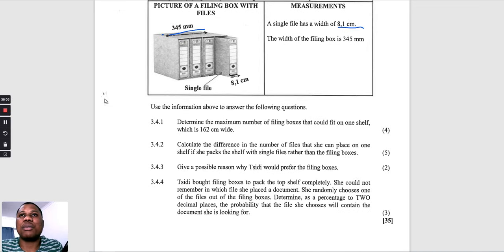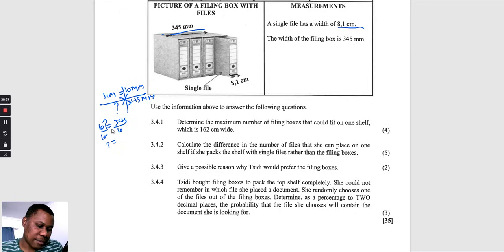The relationship between centimeters and millimeters says 1 centimeter is equal to 10 millimeters. Therefore, we're going to introduce the cross multiplication again. So we have 345 millimeters, which is equal to the question mark. Then 10 millimeters is equal to 1 centimeter. Then we divide both sides by 10,